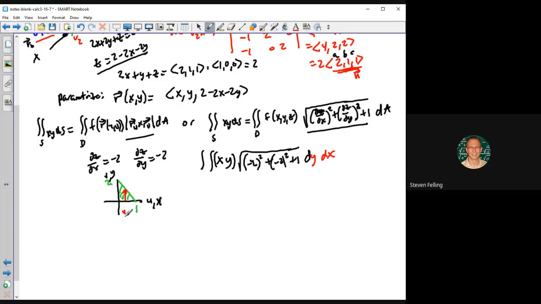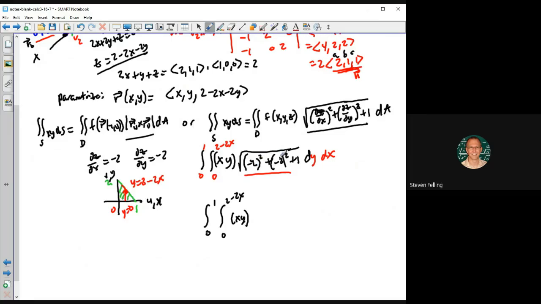That means we're going to go from y equals 0 down here to this curve, which is y equals 2 minus, and then what is that? A slope of negative 2, minus 2x. So this will be from 0 to 2 minus 2x. And then we have to slide over here from 0 to 1 in the x direction. All right, just maybe simplifying this a little bit more, I could write this as 0 to 1 for the x, 0 to 2 minus 2x for the y, xy is the integrand, and then this is just going to be